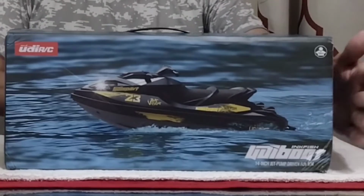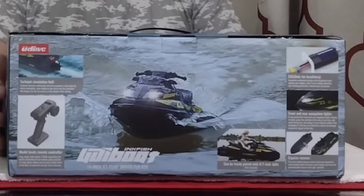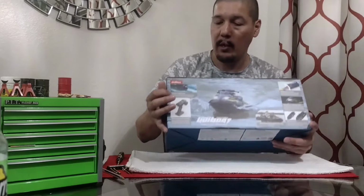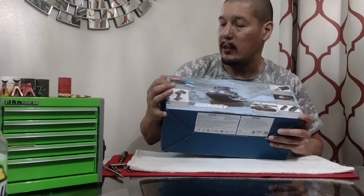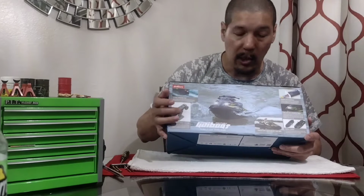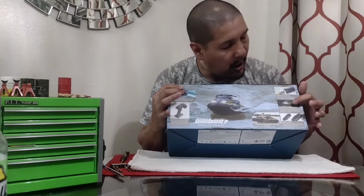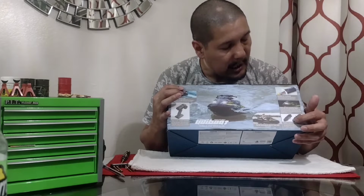This is what the box looks like. Let's see here. Got the back there. Tells you what all it comes with. So it says here, it's got a turbojet simulation hull, a long range 2.4 gigahertz transmitter, waterproof everything, lights in the front and in the back, and it has capsize